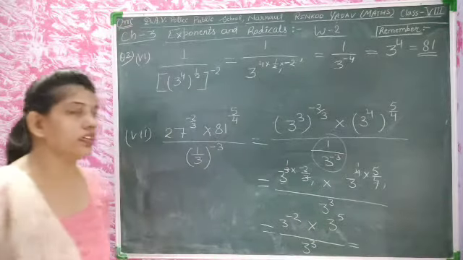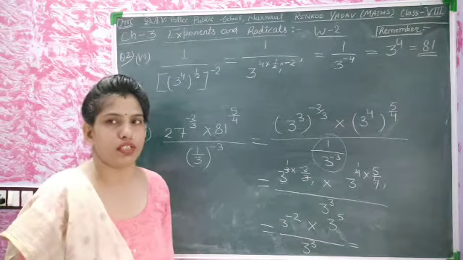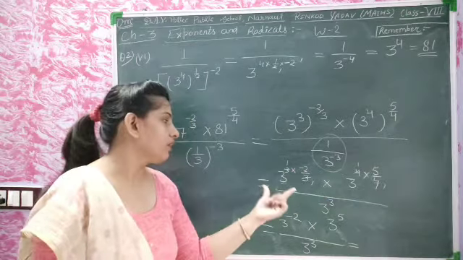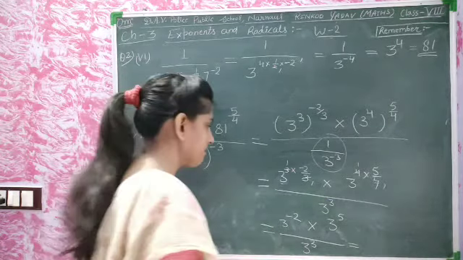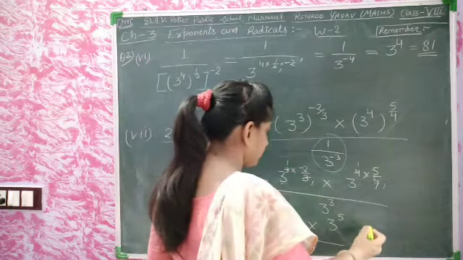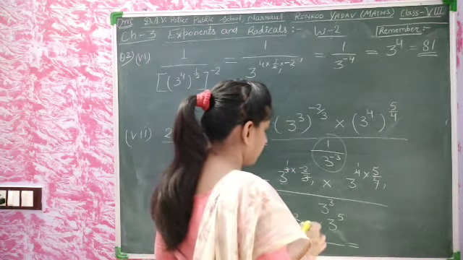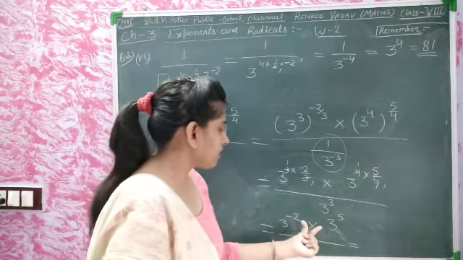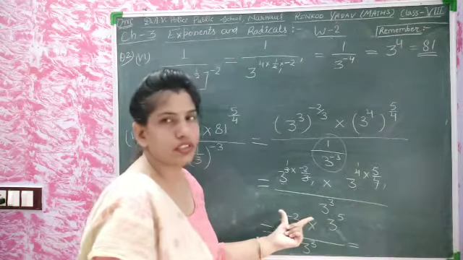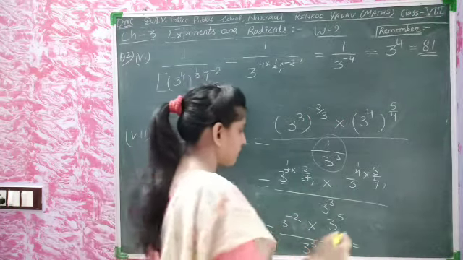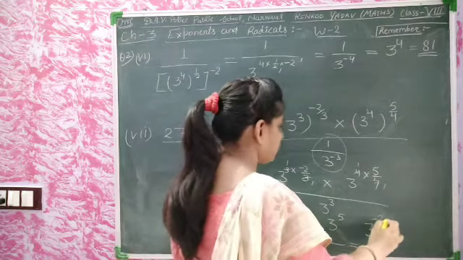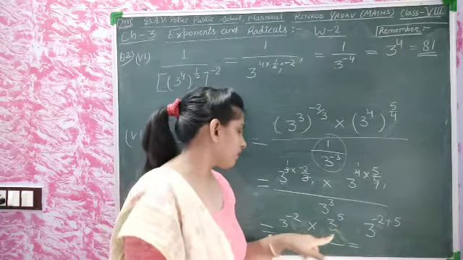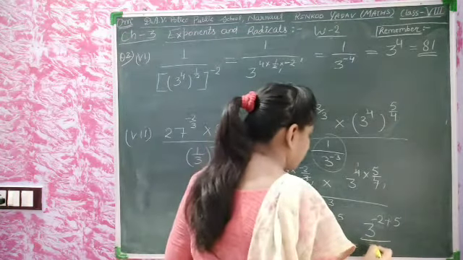We have already done the powers chapter in the previous class, so there is no problem how to solve it, how to find the power of this number. You will try those questions and then you will get it. There is 3 to the power minus 2 and there is 3 to the power 5. Bases are same, there is multiplication, bases are same and powers are different. It means, yes, exponents are adding here: 3 to the power minus 2 plus 5. And there is the 3 to the power 3.